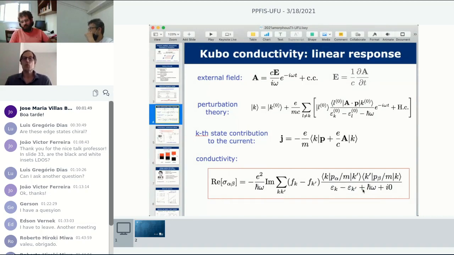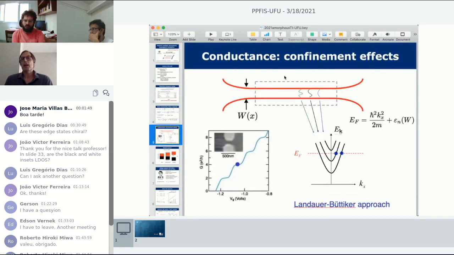And indeed it's true, but you can always think that if you write propagators, Green's functions, you have a pretty decent theory, okay? Now, there is a very different approach to understand transport properties, which is more like a geometric one. It actually got very popular in the last 20 years or so, because people understood that bulk properties are nice, but once you deal with nanostructures, then you have to account for confinement effects.